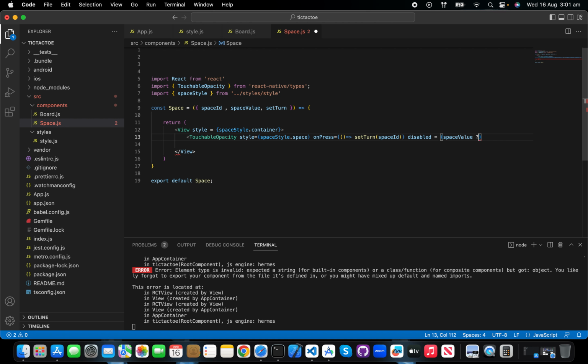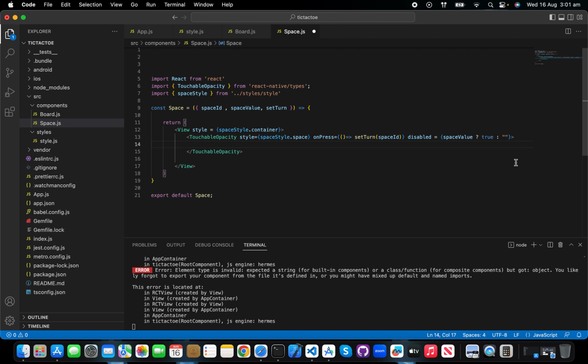Let's check if the space value is equal to true. We are putting the condition here, then close this touchable opacity tag,